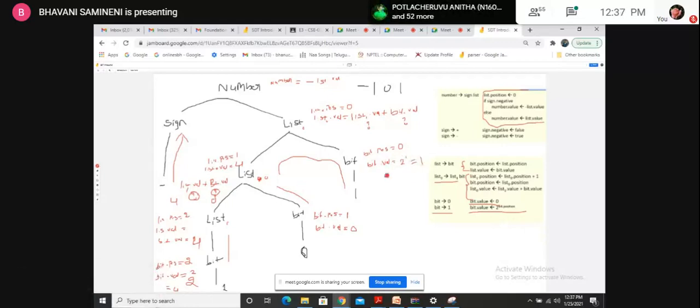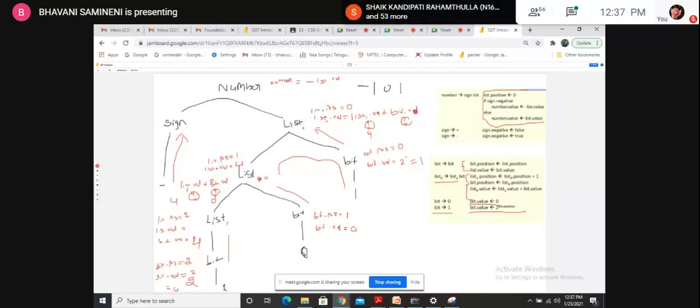So now I know this bit value. Now you can reduce LB to list, bit to list. Again here we have pending work, right? What is this pending work? Question mark value, here also question mark value. Here the question mark value is list 1 dot value, means this value. This value we know, we have filled it right now. So instead of question mark, we will be writing 4.